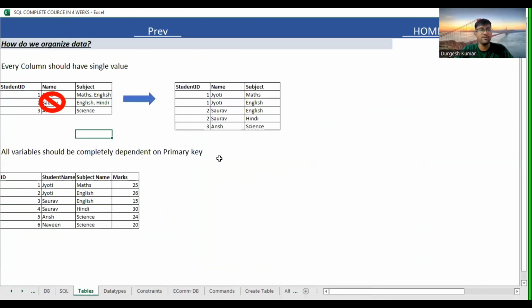Then we are going to study the table. Many of our students have already learned it in Excel, right? So how does a table look? In a table we have two things: this is a column and this is a row. That's it. In SQL we call this table as,